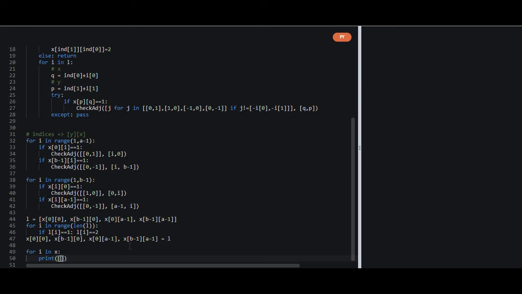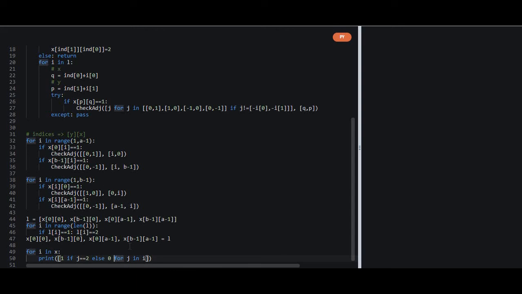Okay, so now instead of 2 we will replace it with 1. So j for j in i, and now if our j is 2, we will give 1, if j is equal to 2, else 0.